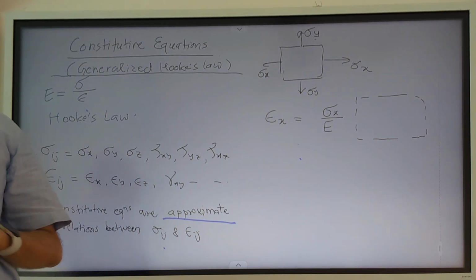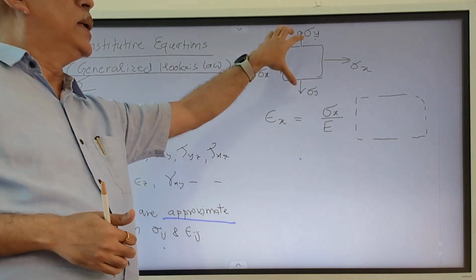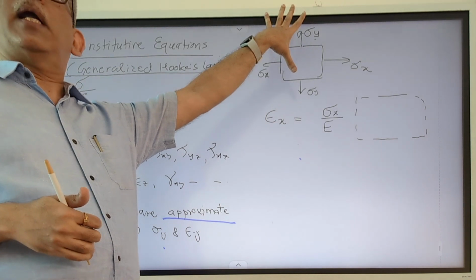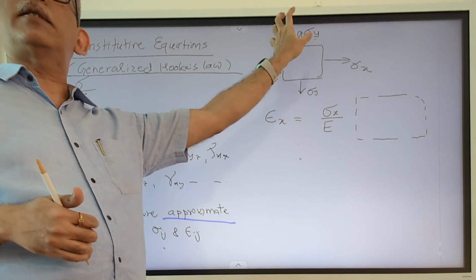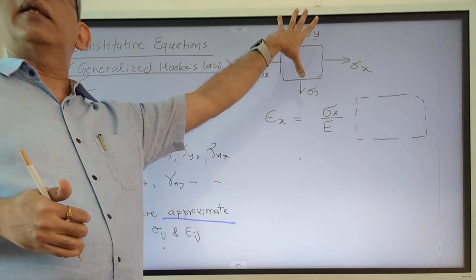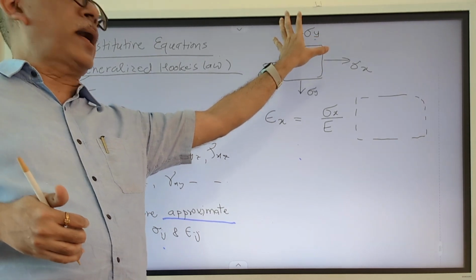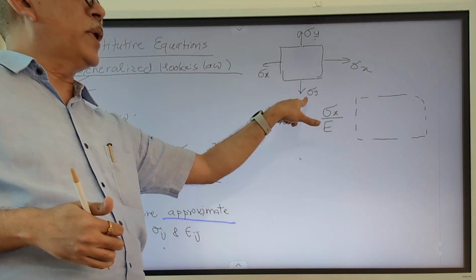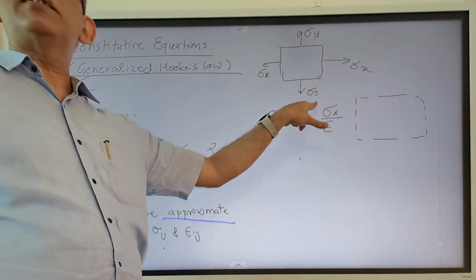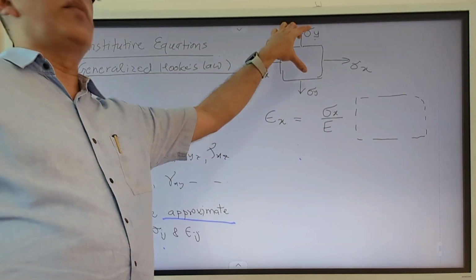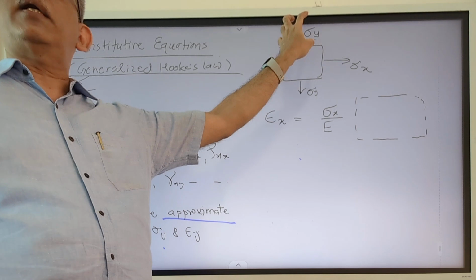It's the Poisson's ratio. When you apply sigma y in the transverse direction, assuming this is longitudinal, it will elongate in this direction, but there is the Poisson effect because of which it will change in dimension in the x direction. So when you pull in the y direction, what happens in the x direction? It expands or contracts? It contracts. So when you are considering sigma y, the total strain in x direction, if sigma y was not there, would be sigma x by E. Because sigma y is there, there will be some reduction in the strain in x direction. So how do you calculate that reduction?